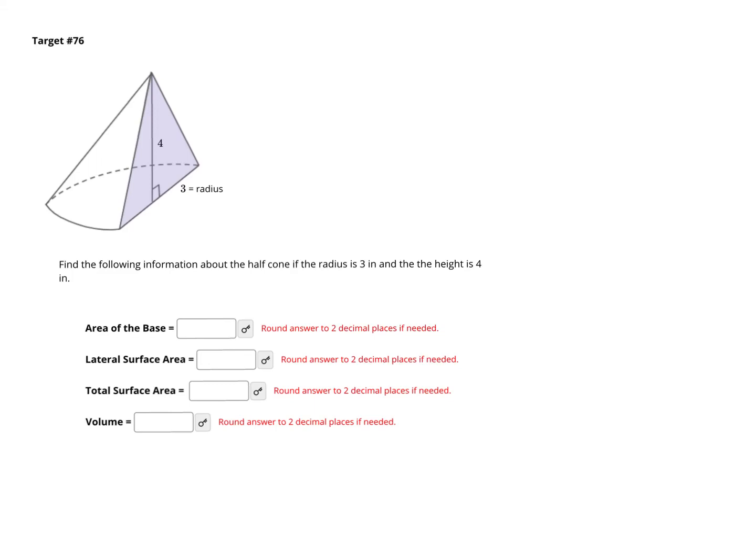Hello, Mr. Geislart here, and now we're going to take a look at number 6 on the quiz for chapter 10-11. So the first thing I'm going to want to do is find the area of the base. Well, to find the area of the base, it's just a circle. It's actually half a circle. So when I do pi r squared, I'm just going to divide that by 2. So that's pi times 3 squared divided by 2, which will give me